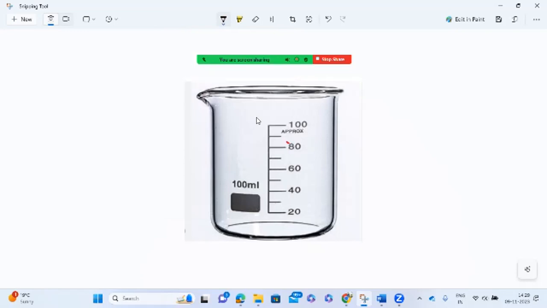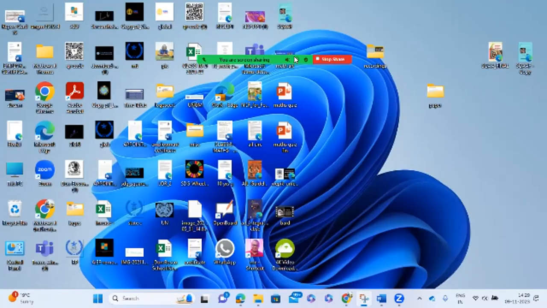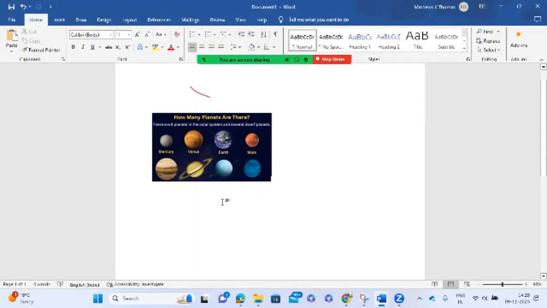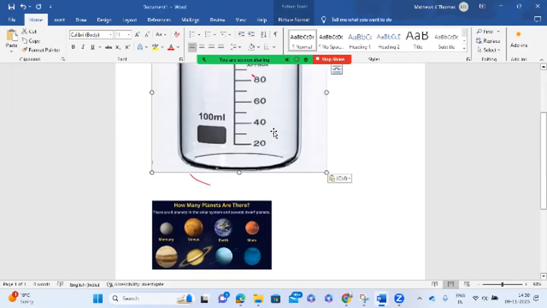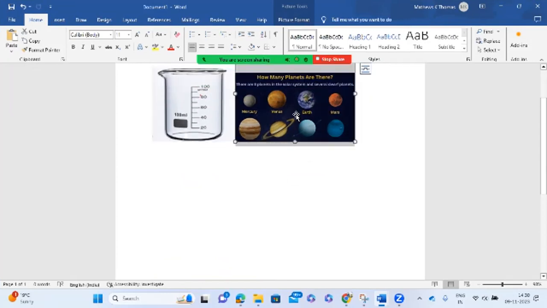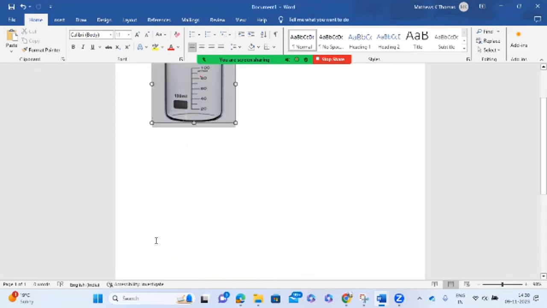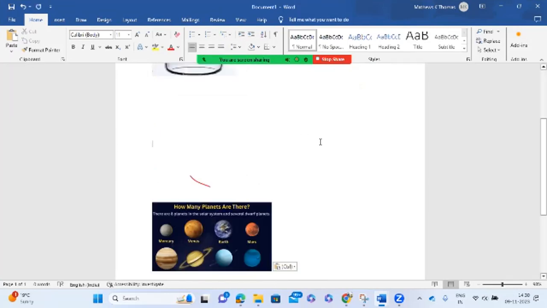So here, let me take out the picture from here and paste it in my Word document, which I had created. So here I have my first question. Here I'm going to put my second question here. And I can put the diagrams here. So multiple diagrams can be inserted and pasted like this on your question papers, or you are preparing any report, then